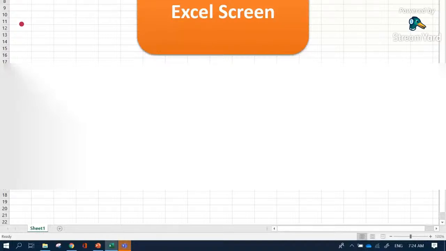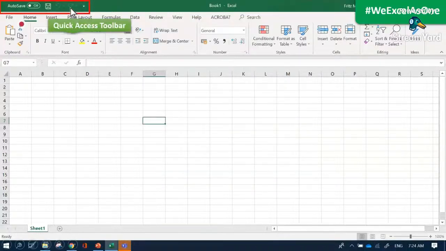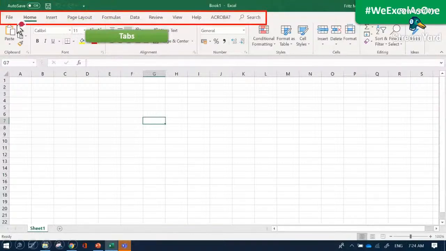Okay, so let's start with the quick access toolbar. It contains commonly used Excel commands like auto save, the save button, and the undo and redo buttons. Another is we have the tabs like File, Home, Insert, and so on. These are tabs, and under tabs are buttons, or what we call the ribbon.